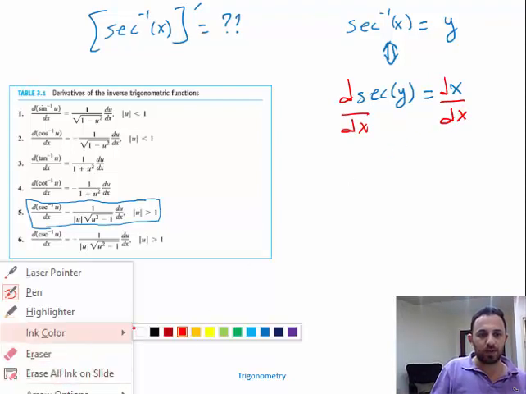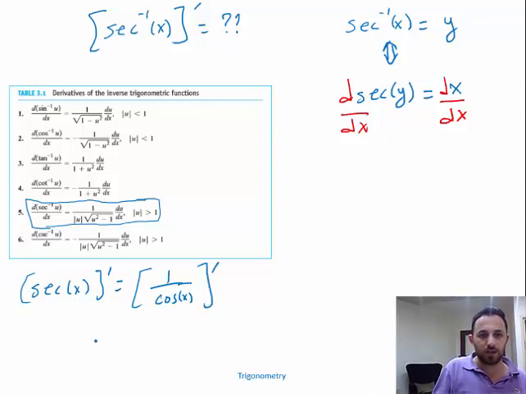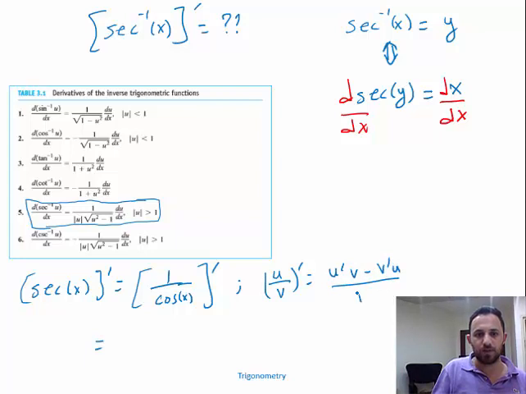On the side I will obtain the derivative of secant. If you don't know it, the derivative of secant of x is the same as the derivative of 1 over cosine x. We know from calculus 2, the derivative of u over v is u prime v minus v prime u over v squared. So this is the derivative of 1, 0 multiplied by cosine is 0, minus the derivative of cosine, which is minus sine,